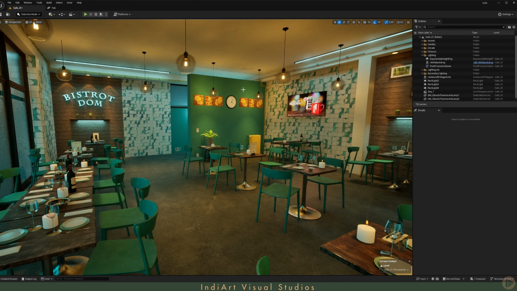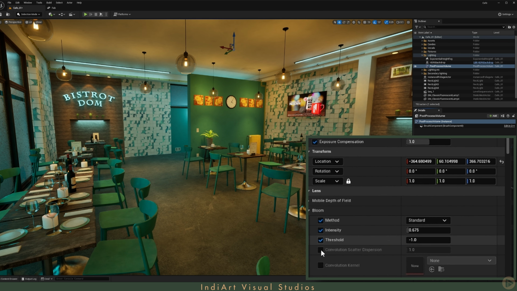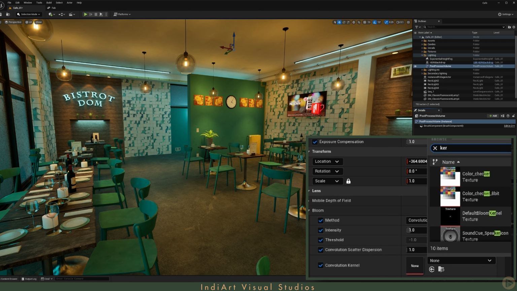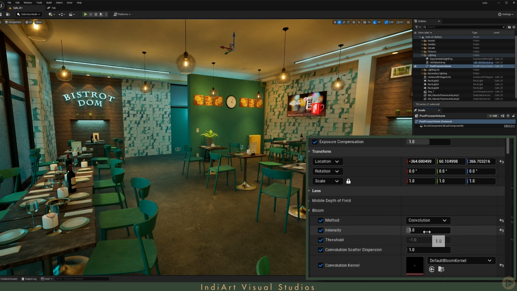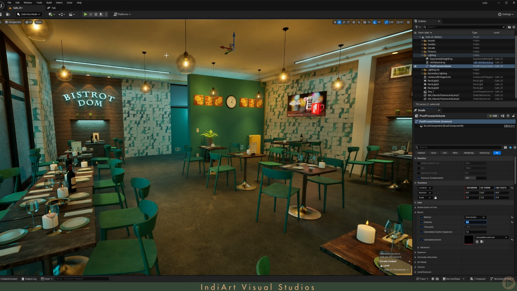Now let's add some bloom effect in our scene. If we go into the post process, we have default bloom effect and bloom values. Let's increase the value to exaggerate. You see, when you increase like this, it increases overall brightness of the scene, and we can change this to convolution, and in here search for kernel and you can select this default bloom kernel. When you select it and let's increase the value, you can see you will get this type of bloom effect,